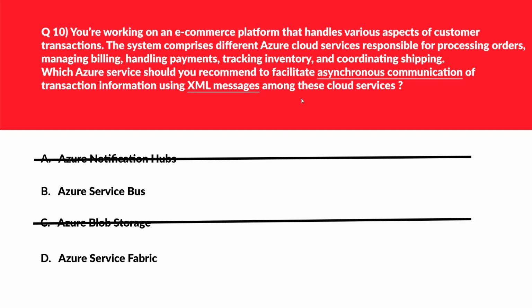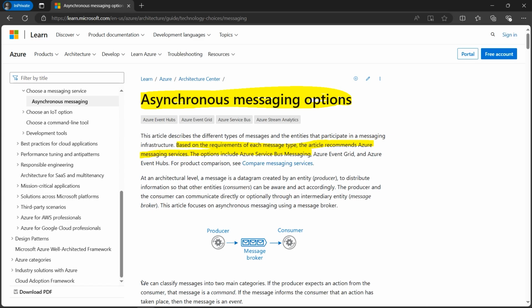Let's move to option D. D says Azure Service Fabric. Azure Service Fabric is not meant for asynchronous messaging using XML messages. Therefore, D is out. We are left with B, and if we look at the official documentation, it's mentioned